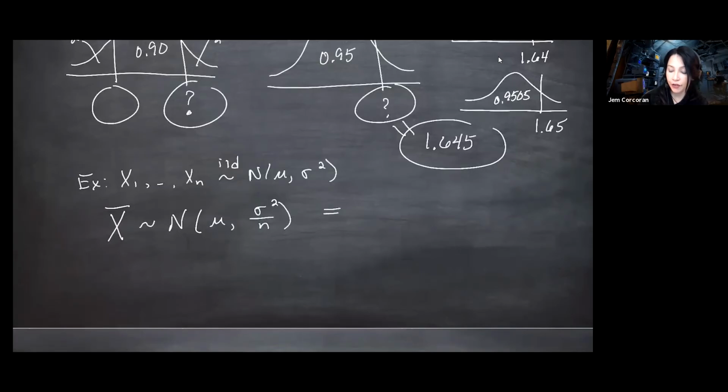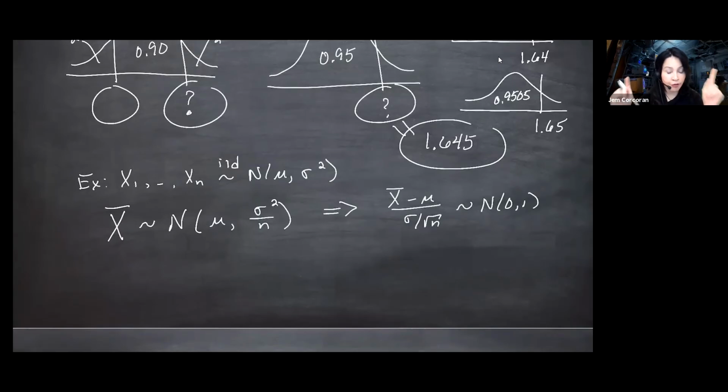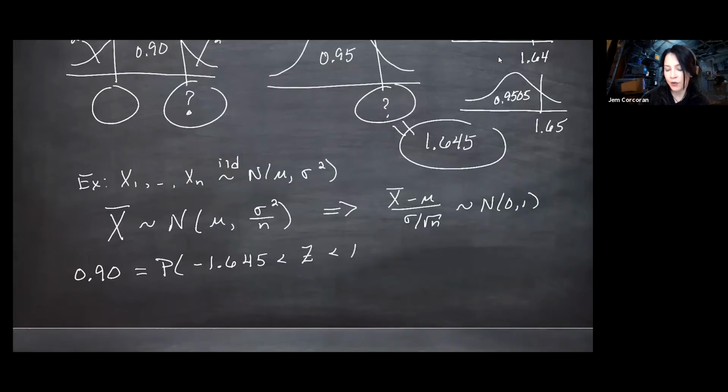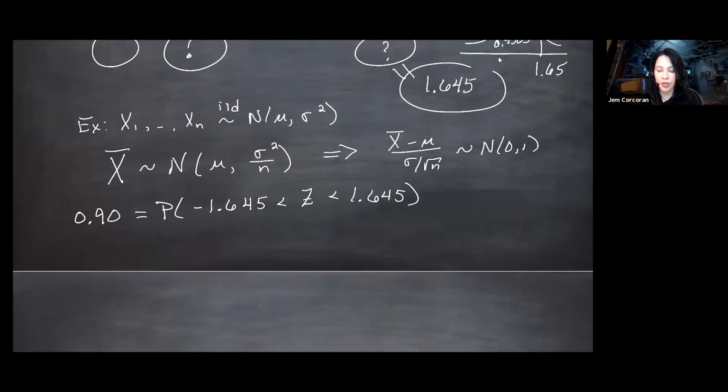So this implies for us that (X bar minus mu) over (sigma over the square root of n) is a normal(0, 1). In other words, the same distribution as the z. But I know the number for the z that gives me the right area. So check this out. I get area 0.9, which is the probability that z is between negative 1.645 and 1.645. But z is a standard normal, so this is going to be exactly the same as the probability that my standardized normal is between those numbers.